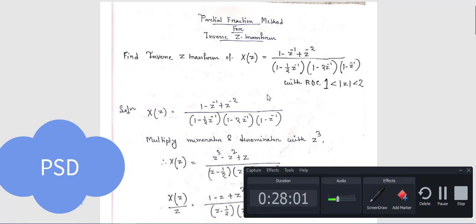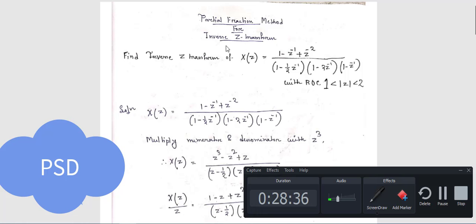I think all of you have Ramesh Babu for digital signal processing. So you check this from that, because this long division method is not so important. This process is very easy, but it is a lengthy process. You can go through this from your book itself, or if you find any difficulty or cannot understand that properly, let me know, then I will describe the long division method. Otherwise I will not describe this, because this long division method is not so important.